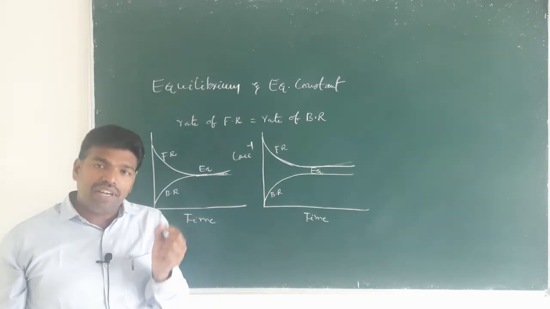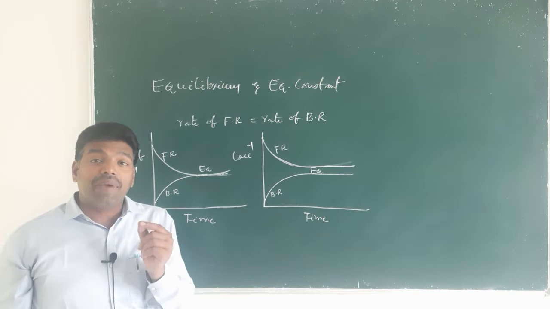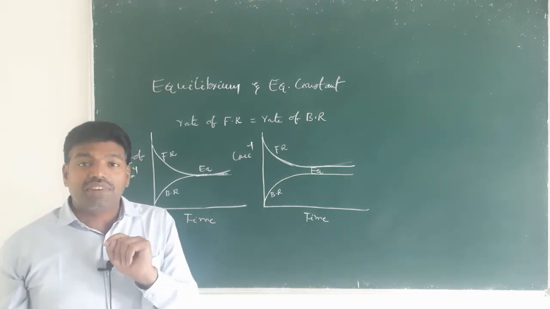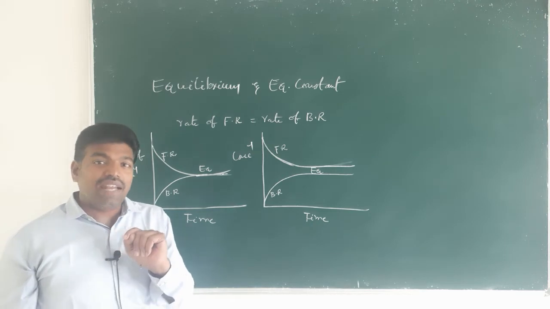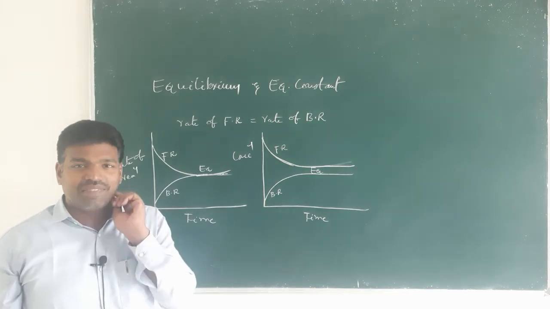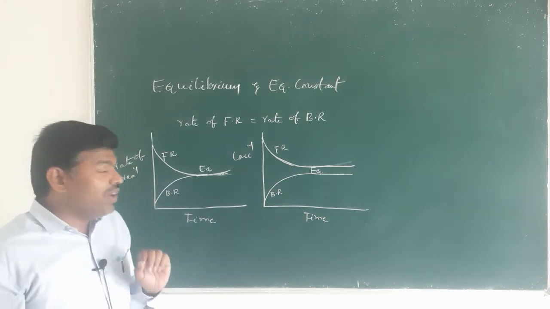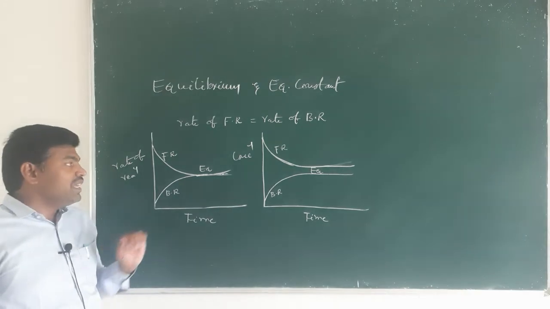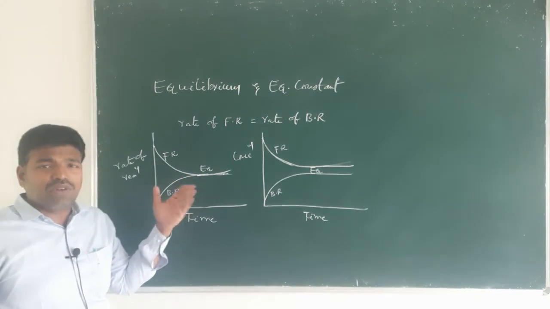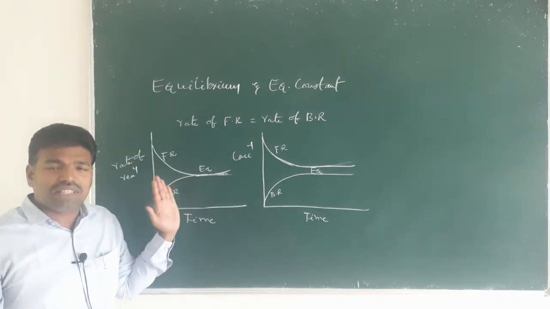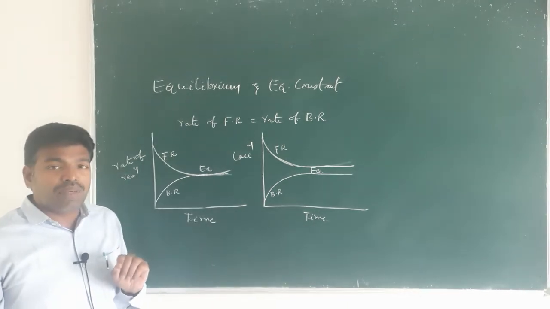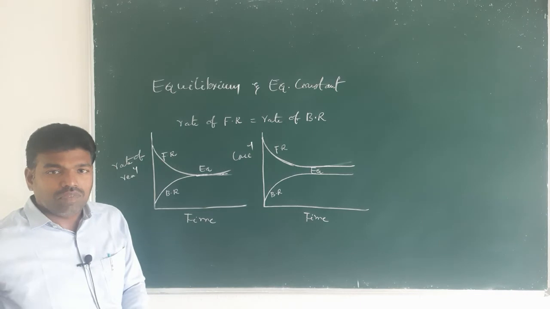So, rate of forward reaction as well as rate of backward reaction. Catalyst has no effect on equilibrium, right, and at equilibrium physical properties do not undergo change. And one more important point is at equilibrium the rate of forward reaction is equal to the rate of backward reaction, and physical properties do not undergo change, right. And one more important point is that